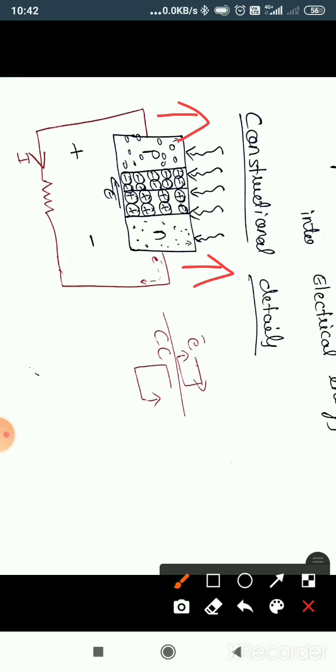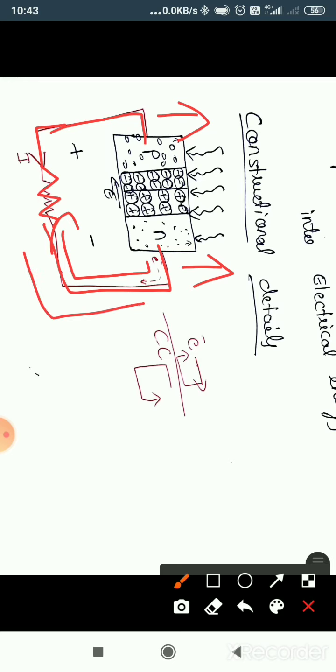If we connect this junction to an external load, what will happen? The electrons will start to flow in this way and then go to the positive region. Similarly, the holes will also come over here and go back to the p region. So now you can see here the electrons are moving in this way. This is the electron current. The conventional current will be exactly opposite to the electron current, that is in this way.